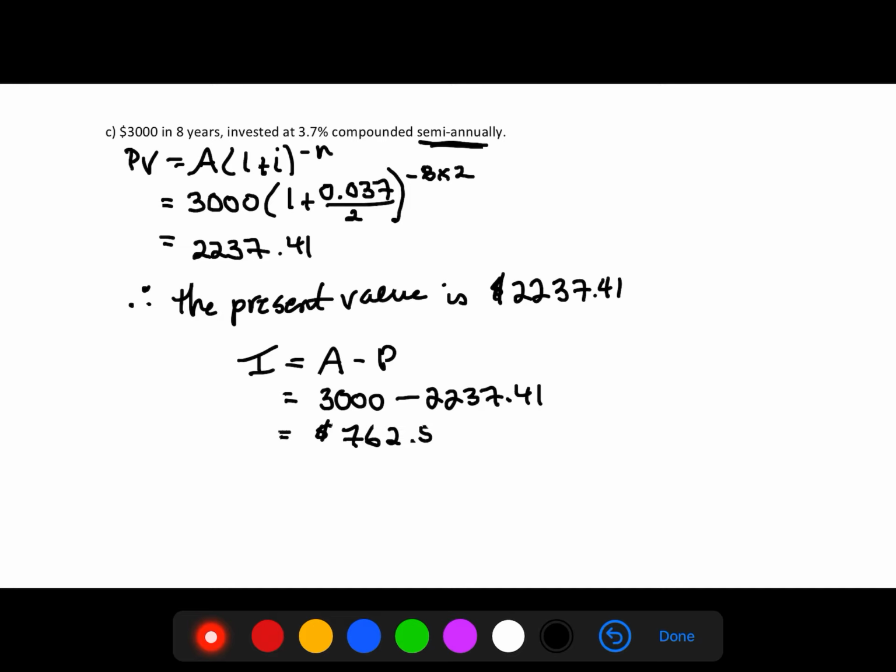take our amount, or what it's valued at the end, and take away what we put in to start with. Remember, our interest is always the difference between our amount, what's deposited, and what we take out at the end. If we haven't touched anything, that has to be the interest that was earned on that investment. So this investment earned $762.59 in interest. Okay, so that is how we can figure out what we need